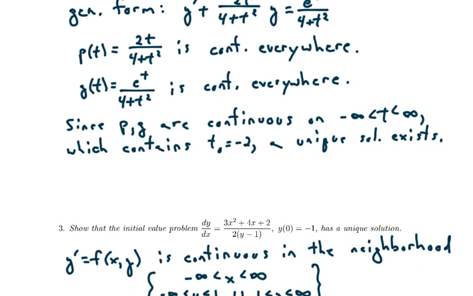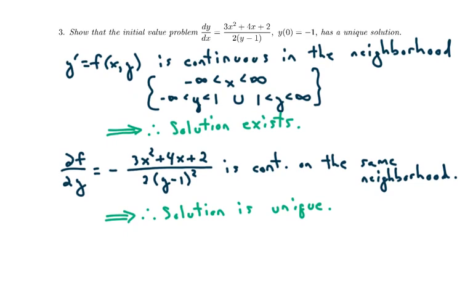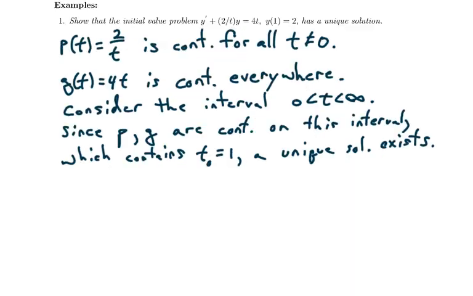But what if you have a scenario like problem 3, where it may not be feasible to put it into a general form. And so already in this case, it was conveniently given in a dy dx equals form. Now let's go back to the first page to talk about this scenario,